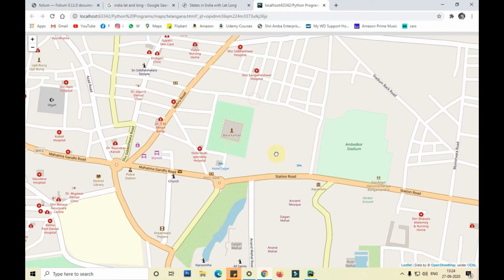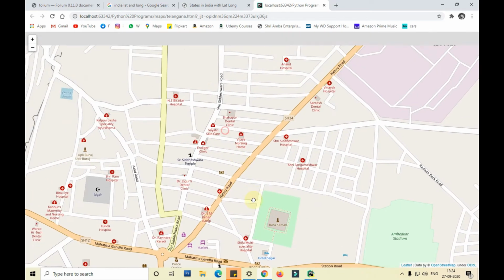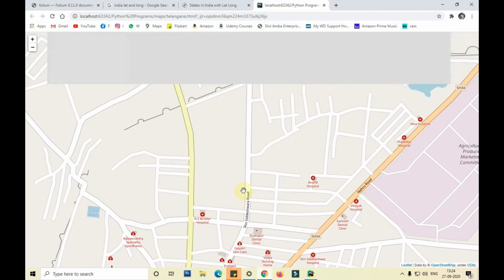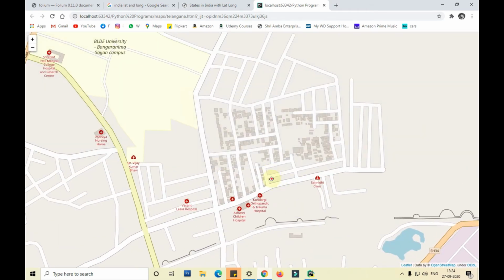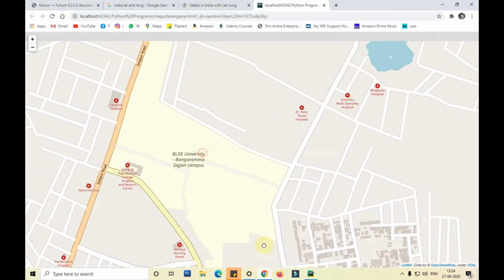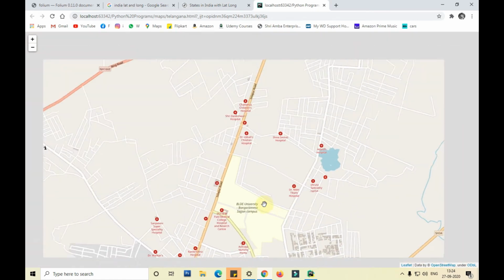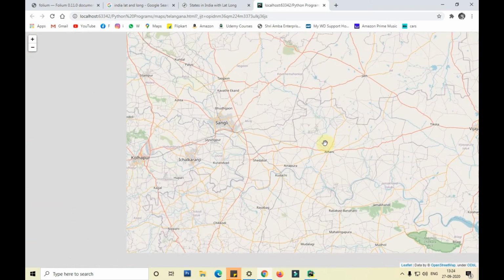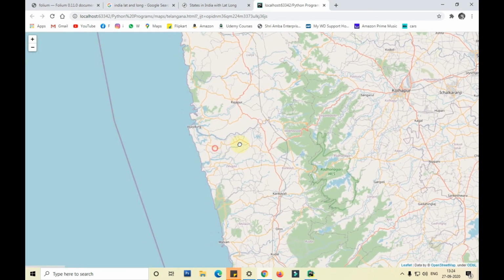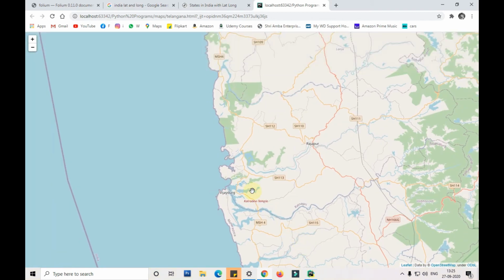Small shops and such are not shown here, except the major things like hospitals. All the hospitals are shown, some campuses, airports, etc., but not the small shops near your home.